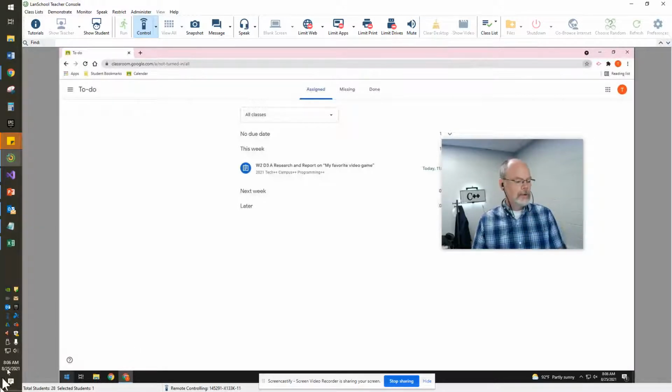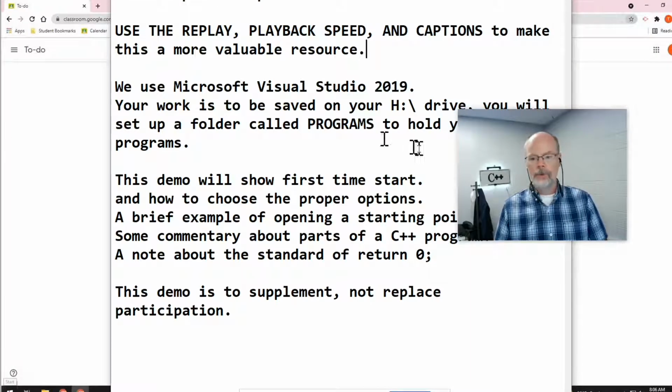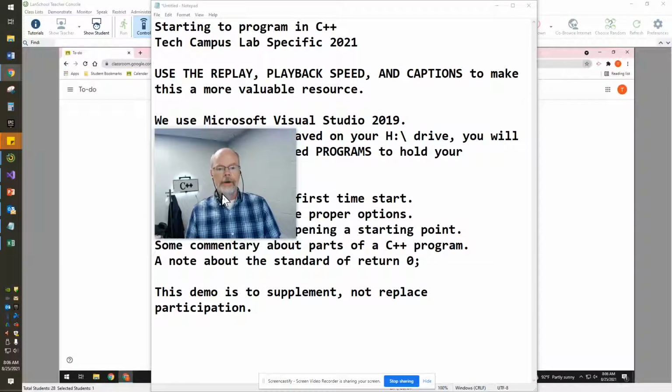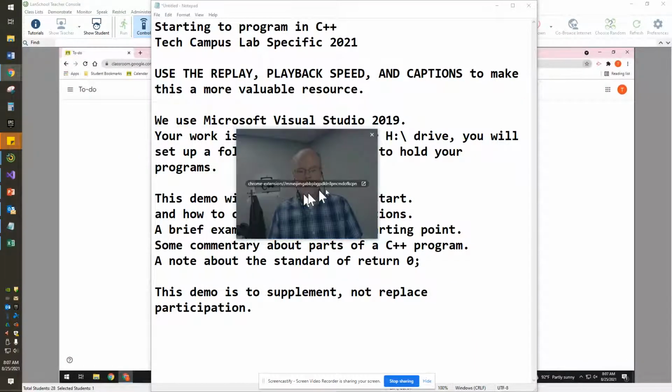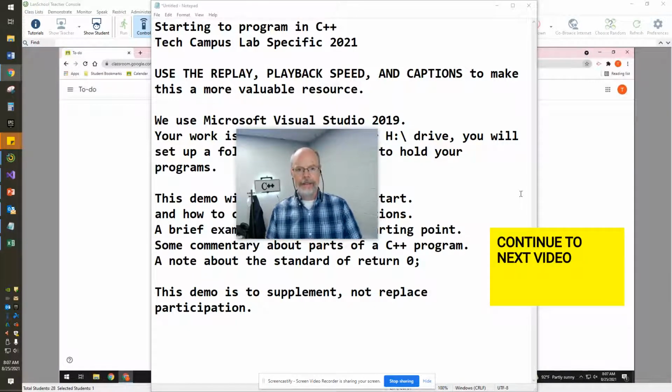All right, let's see where we're at in my checklist. I'd like to put together a little outline to keep myself honest to what we're doing here. Microsoft Visual Studio 2019 is what we call an IDE, or an integrated development environment. It will help you to write good code that works. When I say good code, I mean syntactically correct. Remember, programming is going to result in the program doing what you told it to do. It's not necessarily